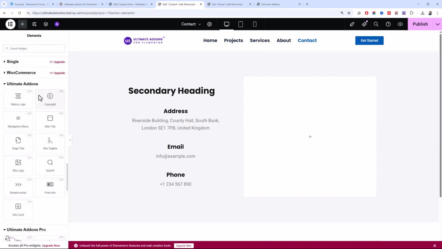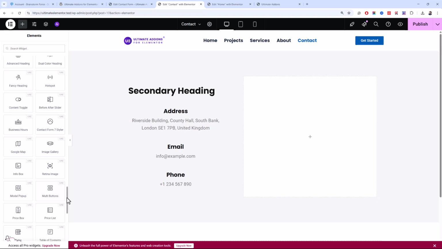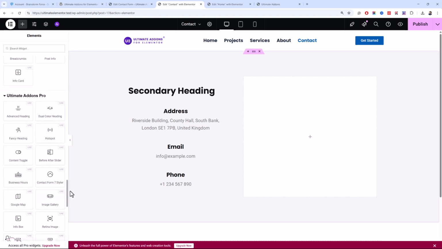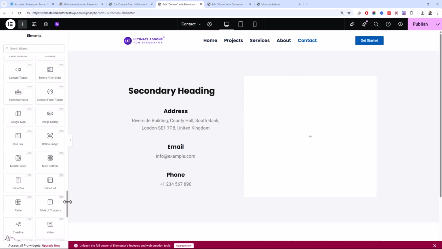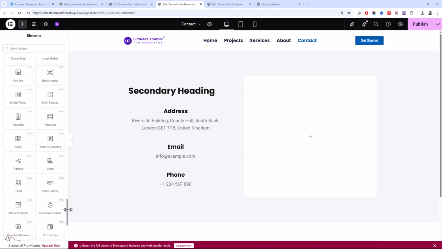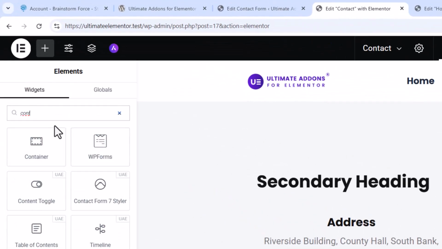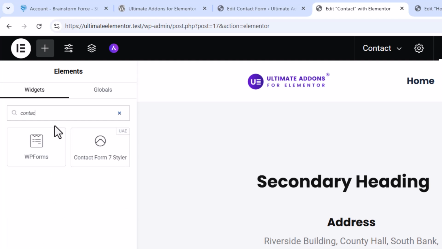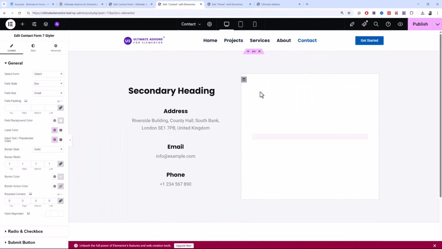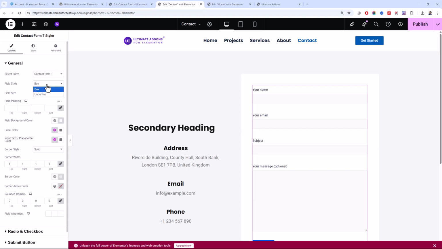And now if you scroll down, you can see all of the Ultimate Add-ons premium widgets are unlocked that you can now use on your website. And let me search for the contact form. You will type contact and you will get Contact Form 7 Styler. Just drag this widget over here and then choose your form,